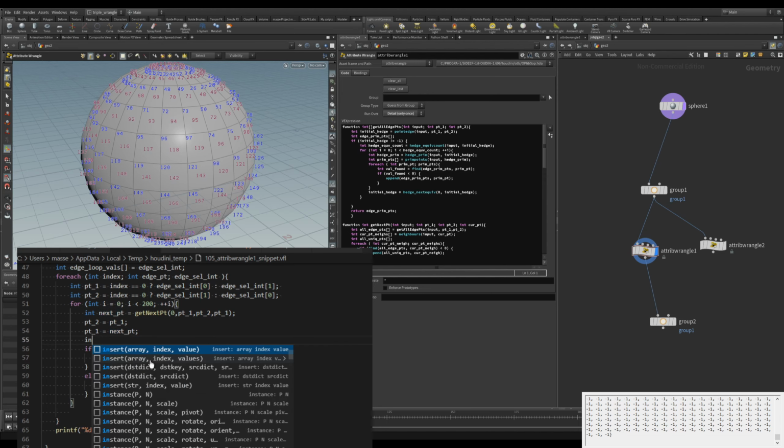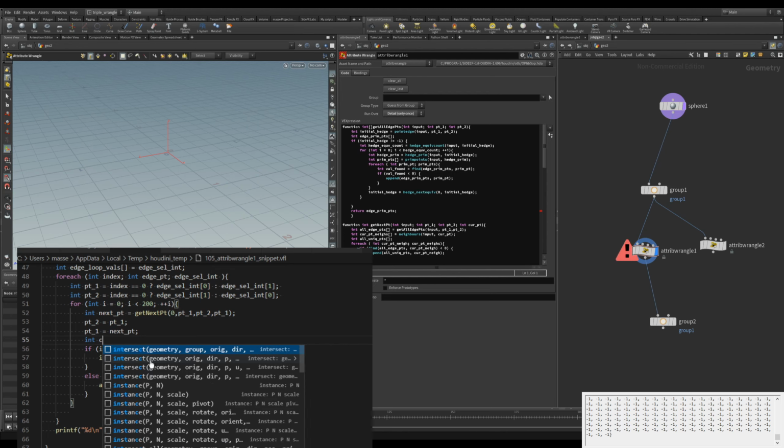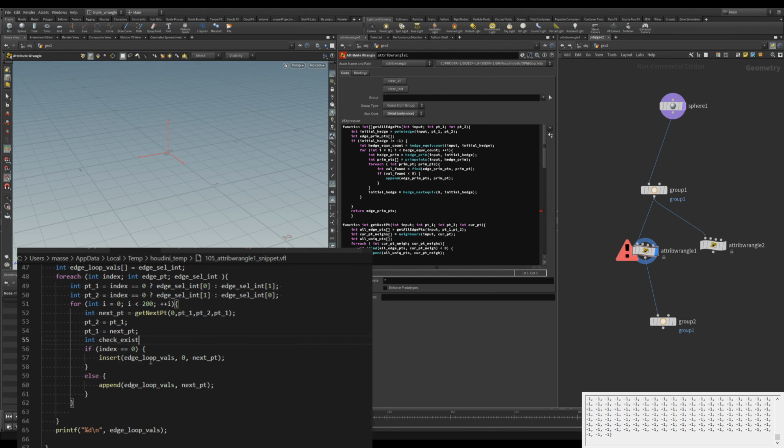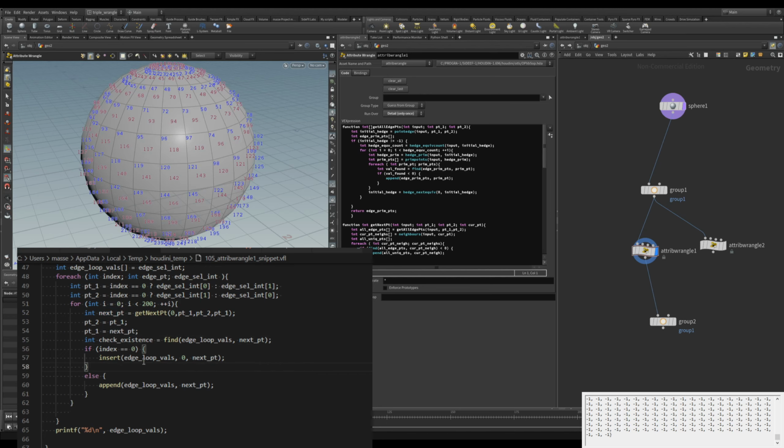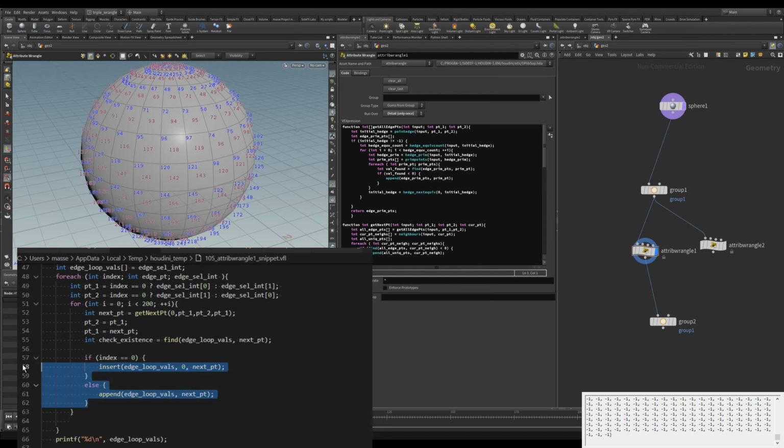So first of all, let's create an int value. Let's call it check existence, and it's going to be find. In this find, we want to find in our edge loop value, which we are adding and inserting our values to, our next pt. So if this value is not found, only then we want to append or insert these values. So let's go ahead and do it like this. So this belongs to this one. So I went to all of these. We want to tab in and write in